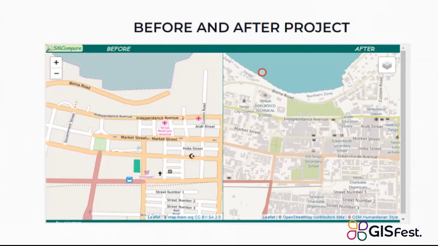The whole process has been inclusive. The whole process has been utilizing open source. The whole process has been utilizing the local knowledge of the people on how they're going to use the data. So now a person coming to Tanga can use the OpenStreetMap data to do their research, or any person coming to Tanga can use the data available on OSM, and this data is free for anyone to use, to do research, as you can see before and after the project.